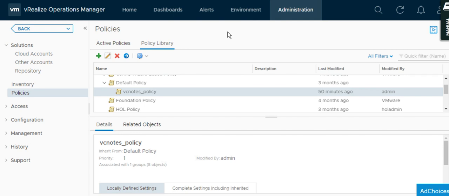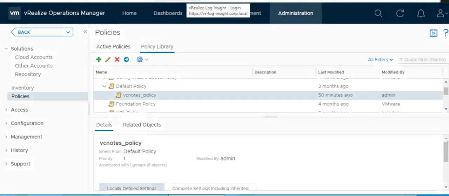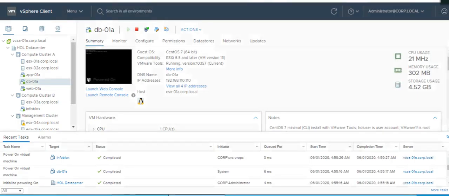Now this is the time for demonstration, guys. Let me go to my vCenter server, and here as you can see I have two virtual machines. One is Infoblox and the second is DB-01A, which I added into my custom group.